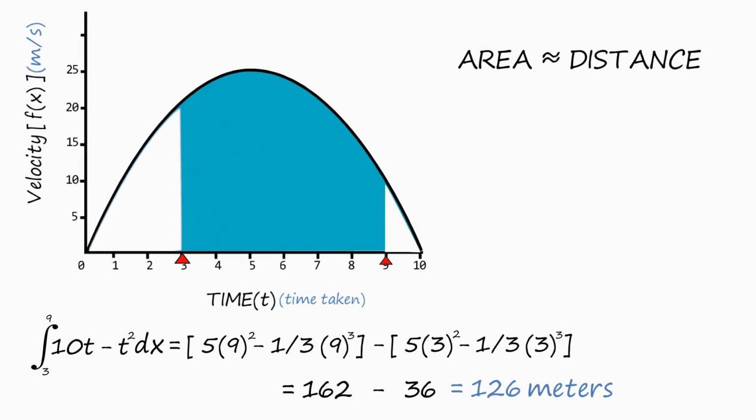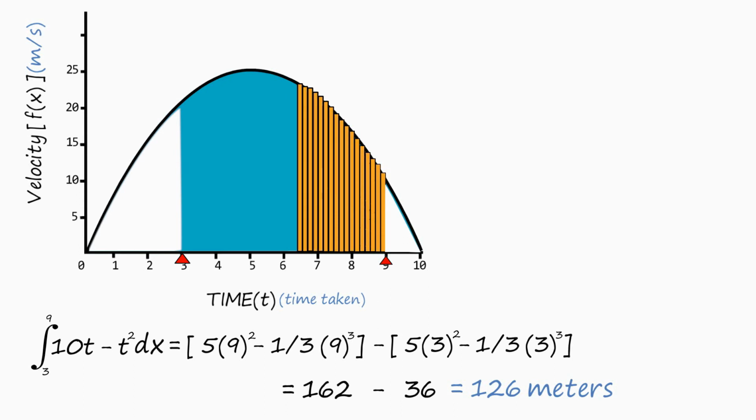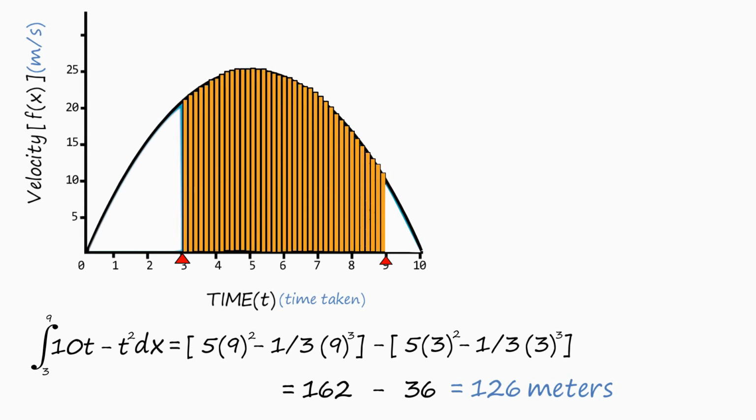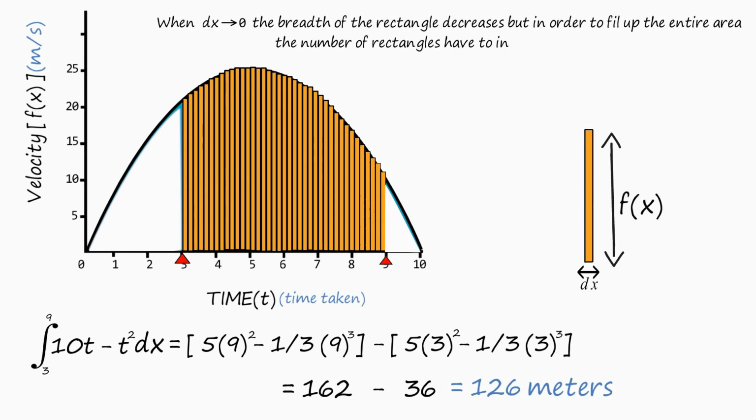Okay, I know that it might feel weird to say that the area under this graph is equal to some distance, but it's nothing to worry about, as in reality we are not finding the area of this particular shape. We have divided this shape into many little rectangles whose width is dx and the height depends upon the function. But as said earlier, dx is always considered a tiny little change which approaches 0. So when dx gets smaller and smaller, the total number of rectangles required to fill up this area approaches infinity.